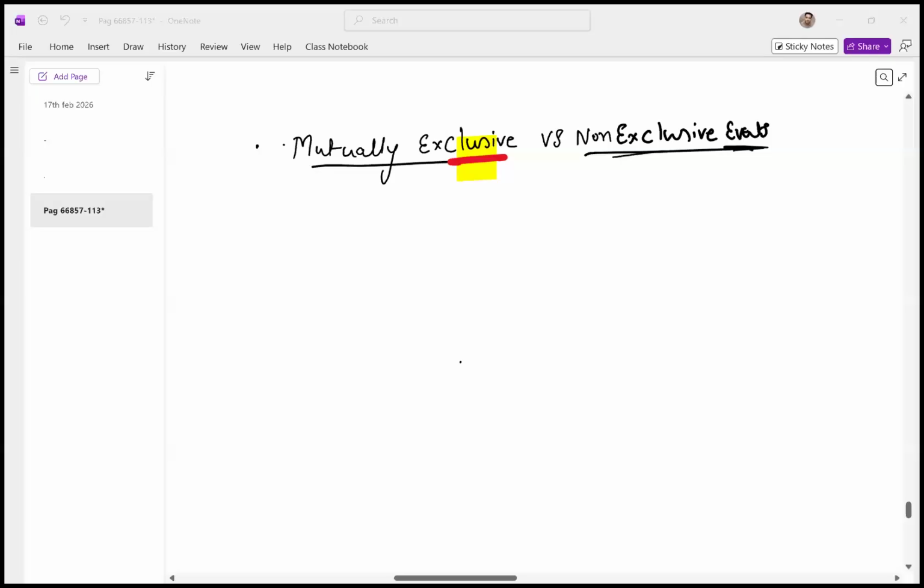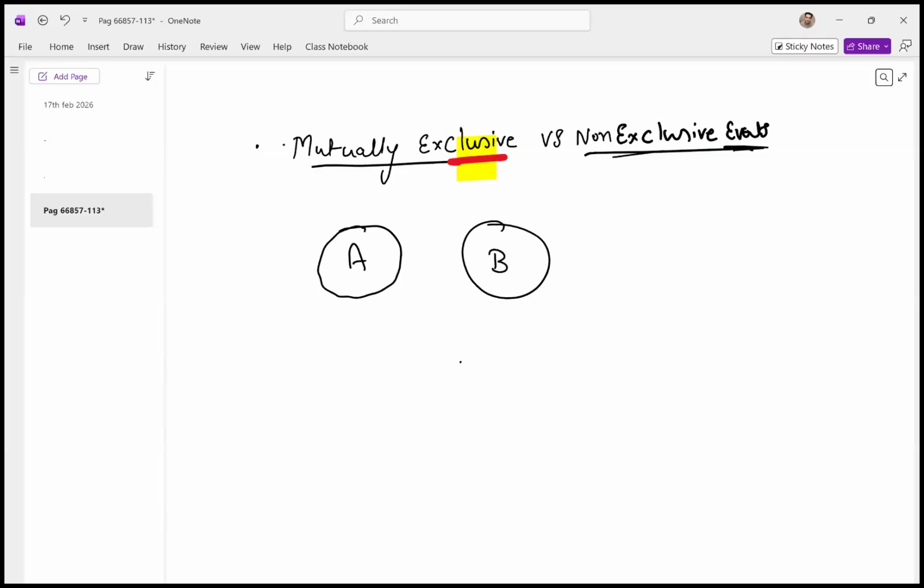Welcome back, folks. In today's class, I'll be talking about chapter number 5.2, and in 5.2, we'll be talking about mutually exclusive versus non-exclusive events. So, mutually exclusive events are those in which there is nothing common between the two events. So, this is event A and this is event B. There is nothing common. For example,